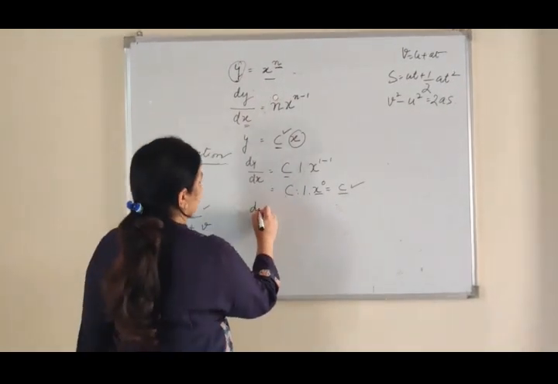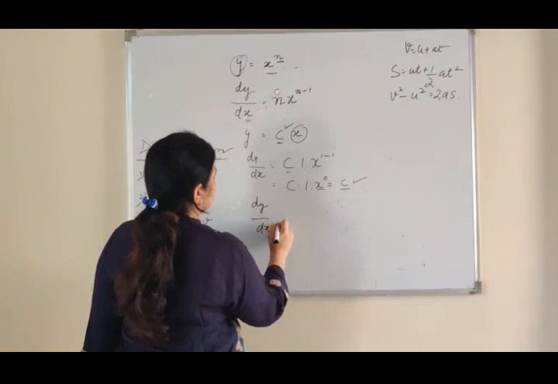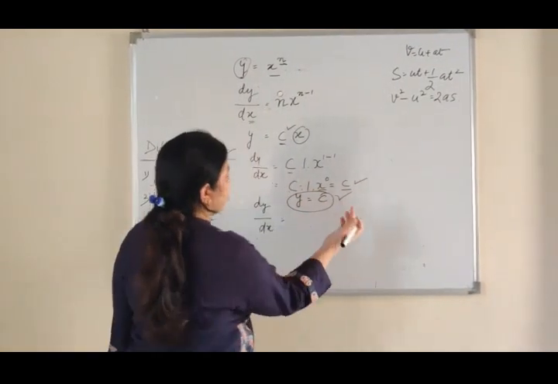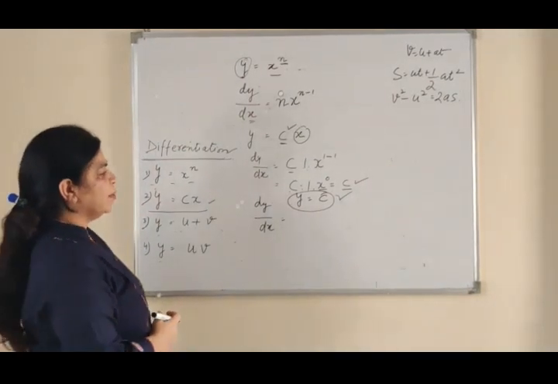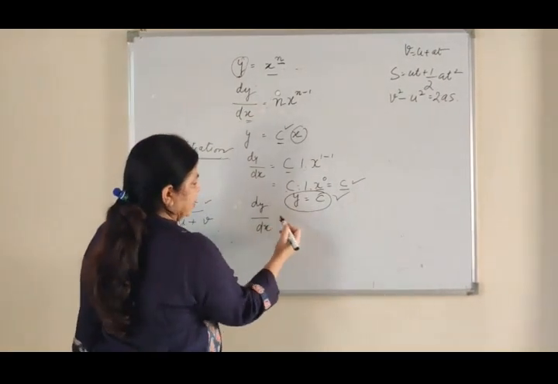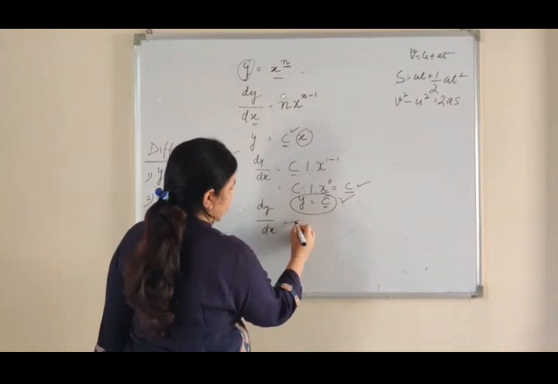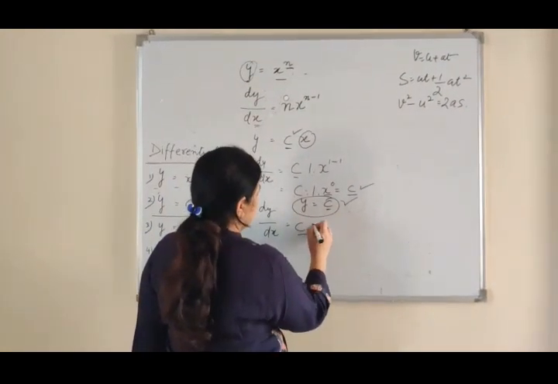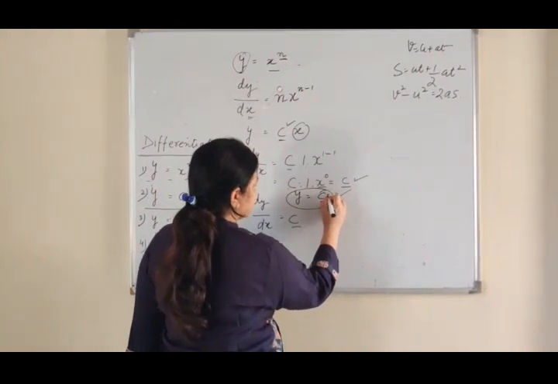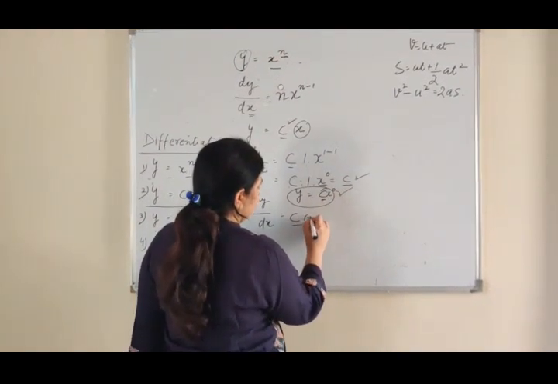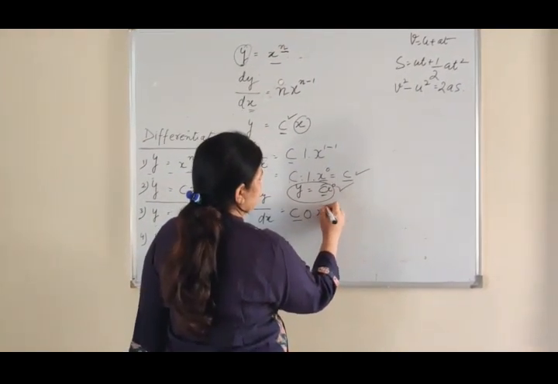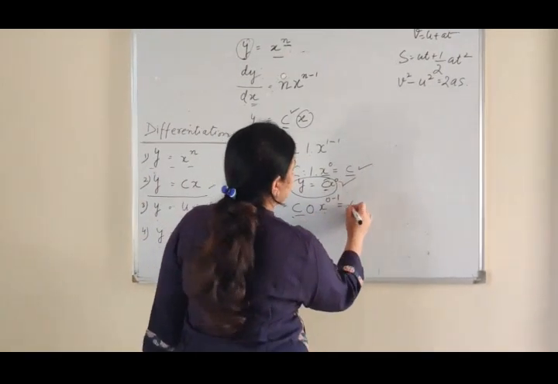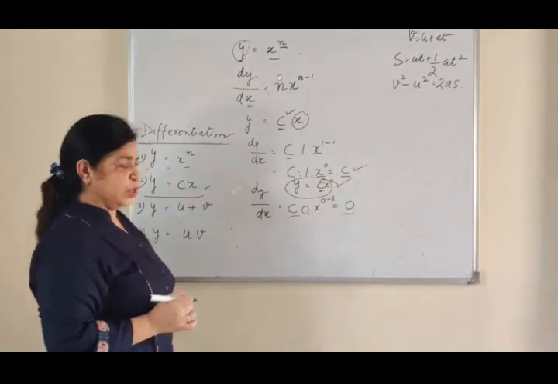Similarly, I can show you the differentiation for a constant term, for y is equal to c. What will be its value? Dy by dx will be equal to, we have only the constant term, it will remain as it is. So we can write it as cx power 0. So 0 will come in multiplication, and we will have x power 0 minus 1. Anything that is multiplied by 0 will be equal to 0.